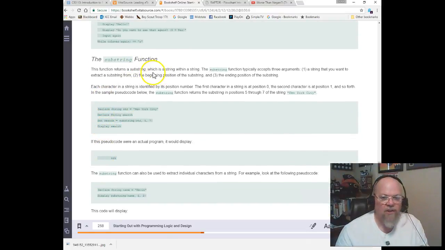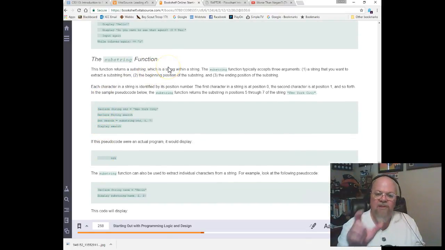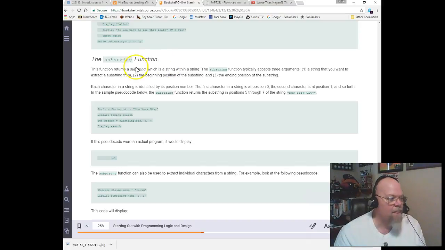Here's a substring function. Substrings are great because they allow me to take a portion out of that string. I can just take a portion out. So I can declare string str equals New York City. Declare string search. Set search equals substring. Now notice I've got str in there. That's the entire string of New York City. And I want to grab from positions, start at position 5 for positions 5 through 7. So if I go 1, 2, 3, 4, 5,